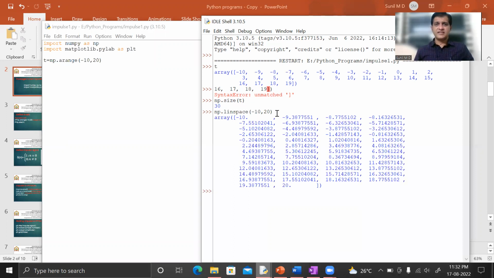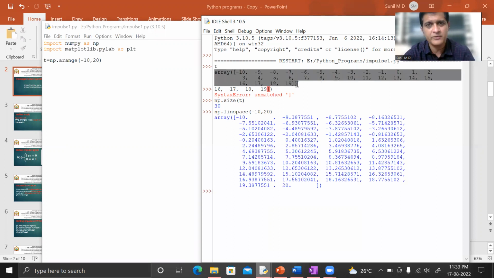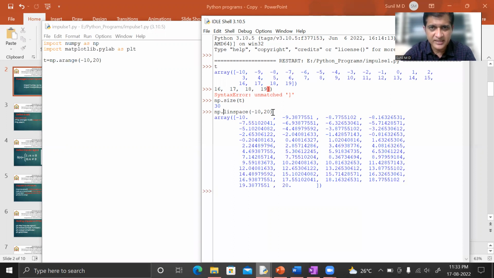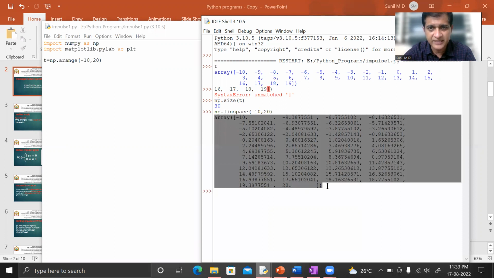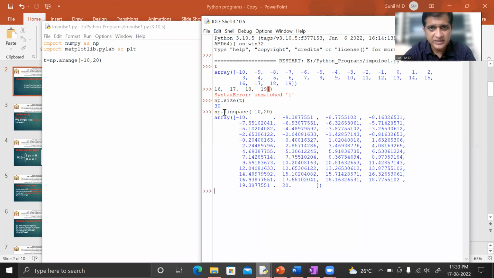So these many points are given. See what happened with arange is this. It gave an array of 30 points. Now in linspace, if we don't give anything, it takes by default 50 points. Okay, so let's see, let's define it as